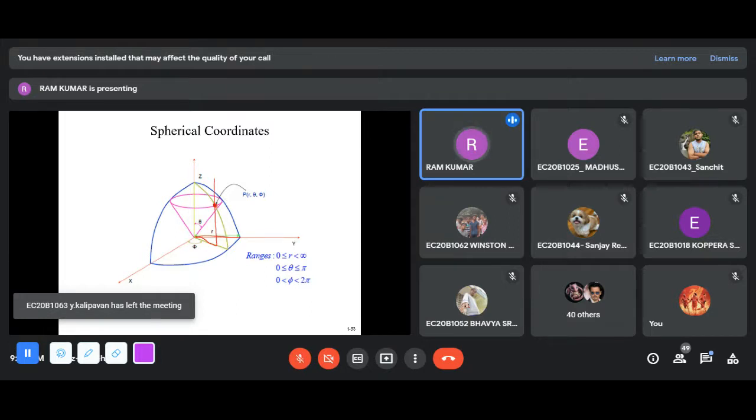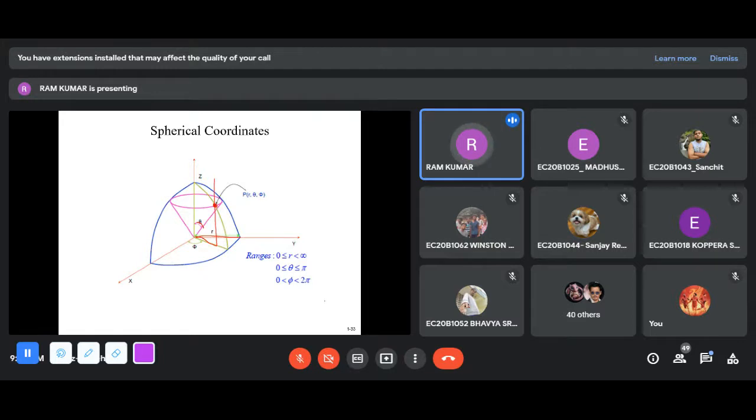Then the axis, that is the height of the cylinder, you know, here is the center. Just imagine in a spherical coordinate system, we have a center point along the axis. That is actually z. That angle is actually theta. So the range of r lies from 0 to infinity, theta from 0 to pi, and the angle phi involves 0 to 2 pi. Okay, this is the range of the spherical coordinate system.